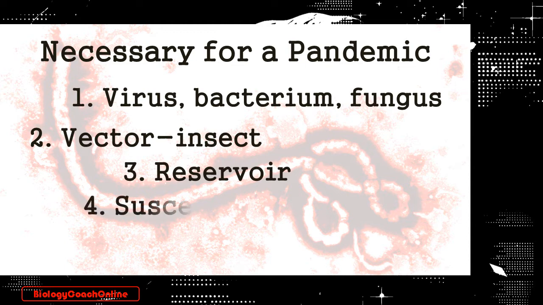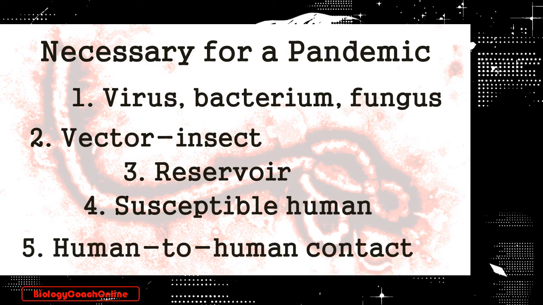We also need a susceptible human, in other words, a person in which the pathogen can evade immune defenses. Usually, but not in all cases, as we'll see, that will be a small child, for instance, or an elderly person who either has an underdeveloped or a very weakened immune system to begin with. And finally, we need usually direct human-to-human contact, or at least very close contact, as in the case of a respiratory pandemic like tuberculosis. Now, if all the above factors are in place, then we have the conditions necessary for